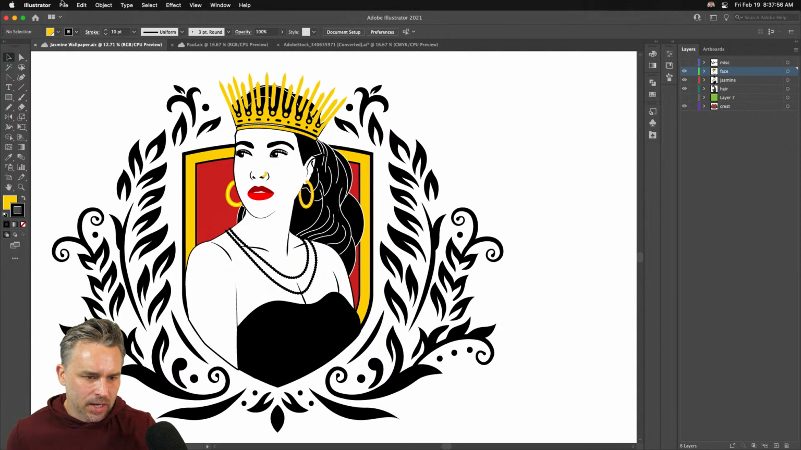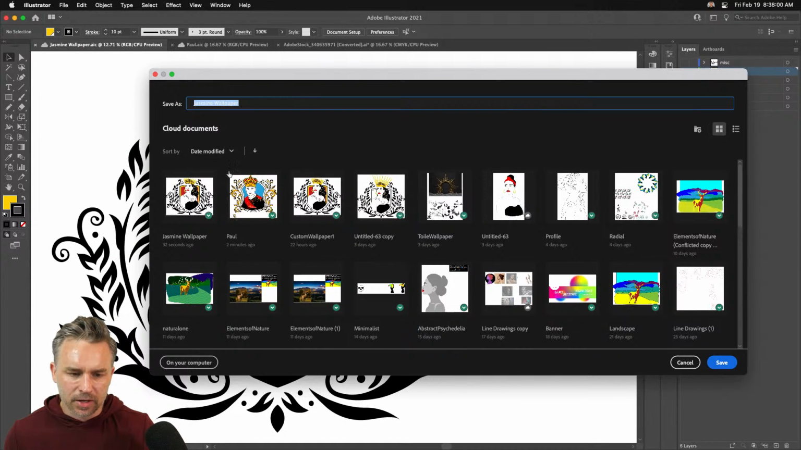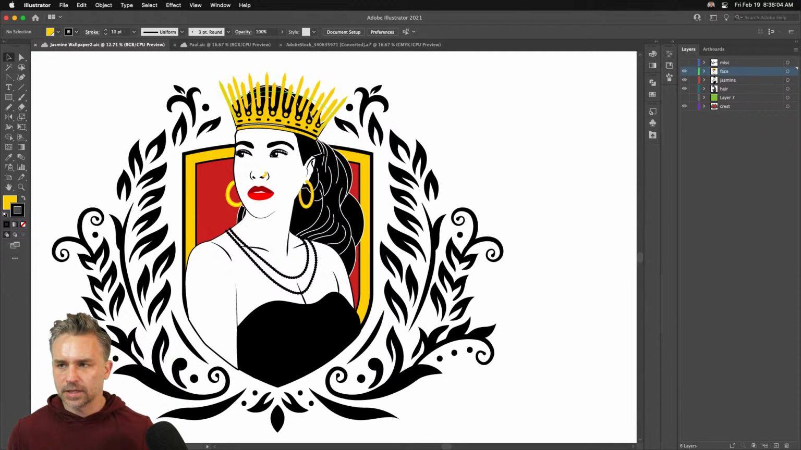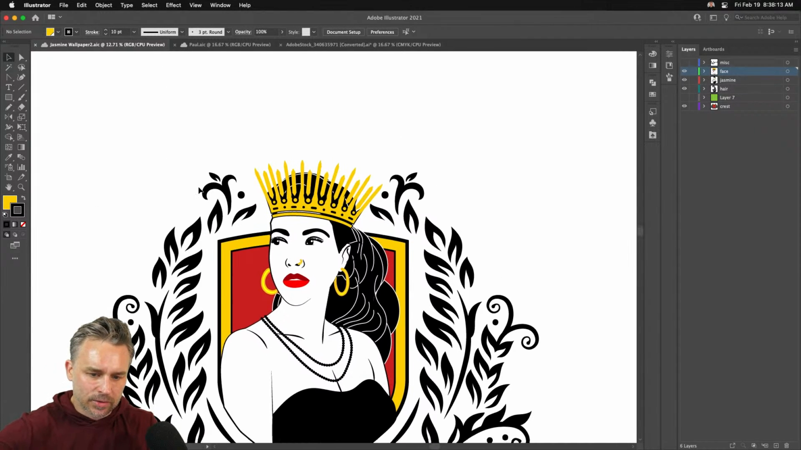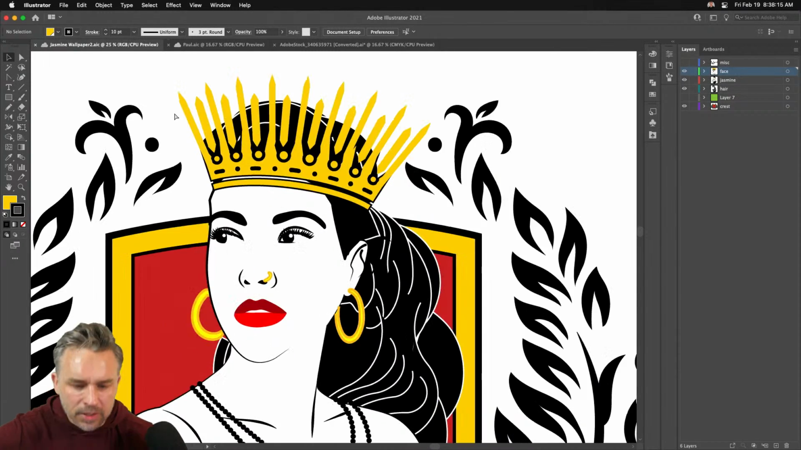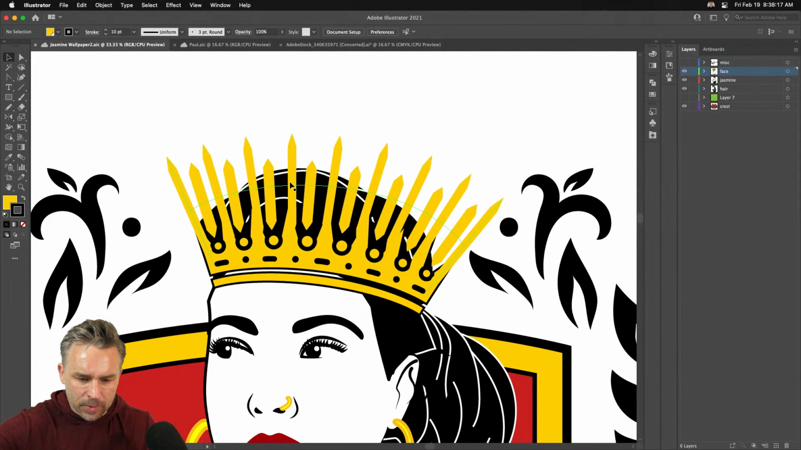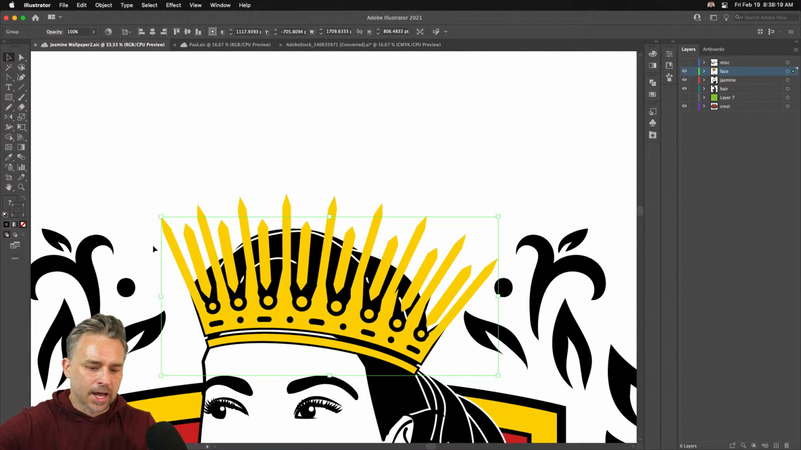Fantastic. Okay, so here's my wallpaper. I can save it to Cloud Documents. Jasmine Wallpaper 2. Click Save. I'll sometimes have two different versions because we're not at full compatibility just yet. For instance, this crown, this lovely repeating pattern right up here for this crown is actually using the